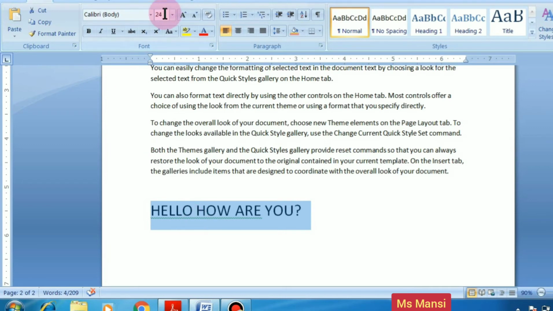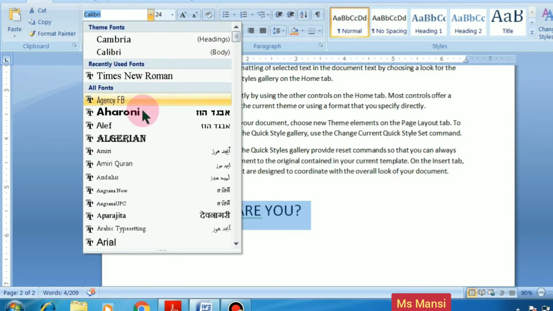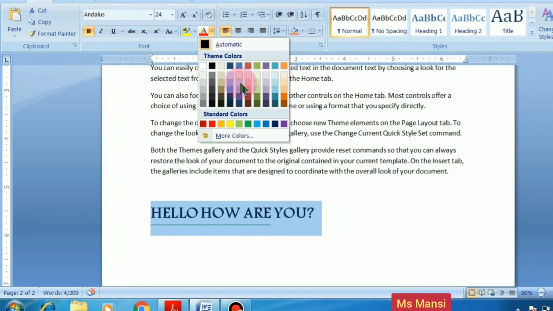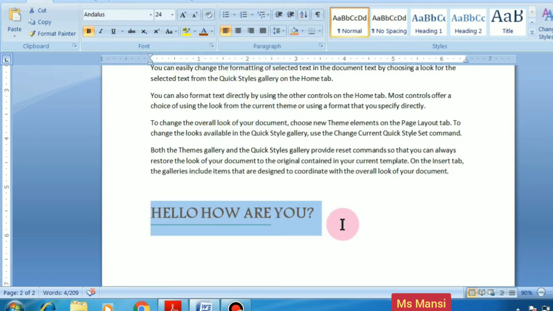I just changed its size from 11 to 24, and I'm changing the font style also. You can change to any of these styles, and then I am making it bold and changing its font color in red.